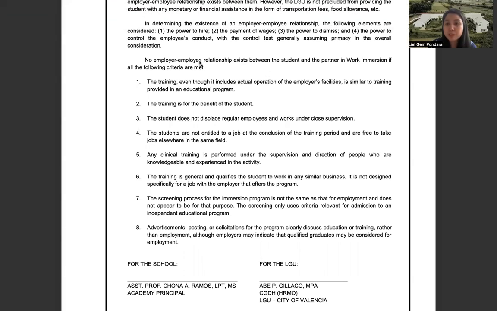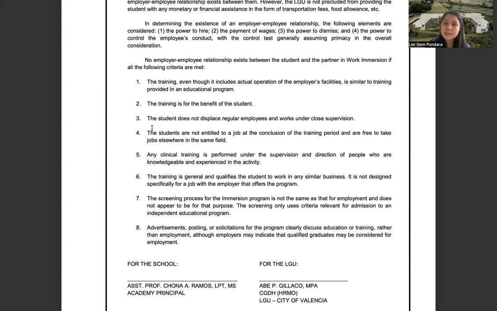So, what else should be noted in the work immersion program? First, training, which includes the actual operation of the facilities, is similar to training provided in the educational program. Second, this training should benefit the student. Third, the student does not displace regular employees and works under close supervision.